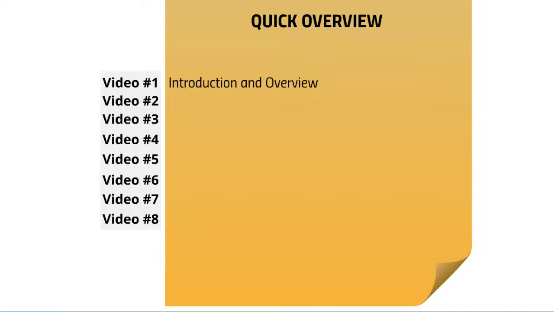So now what I want to do is give you a quick overview of the video course itself so you know exactly what to expect, and that way when you implement the process, it'll just make more sense. This is video number 1. Video number 2, we're going to talk about the intent of a keyword. The reason we want to do this before we get the keywords is because a lot of people, generally speaking, will type into a keyword tool, get a bunch of keywords, and then just begin to try to rank on them. That is a big mistake.